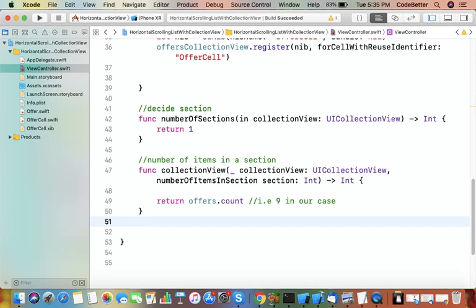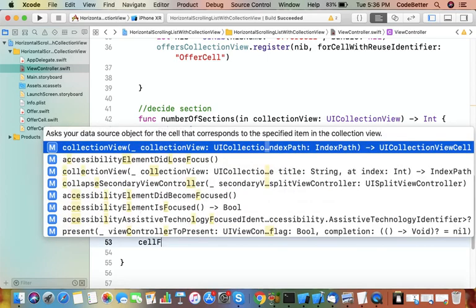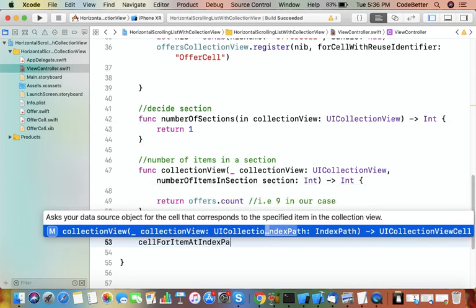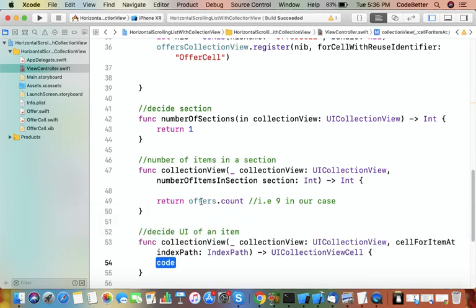What should be the UI of each item? To decide the UI of an item, we override the method cellForItemAt indexPath.